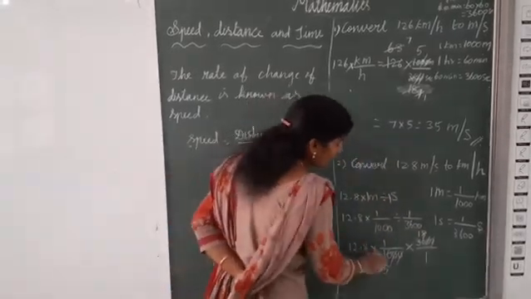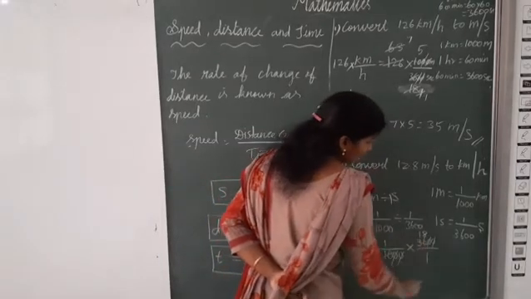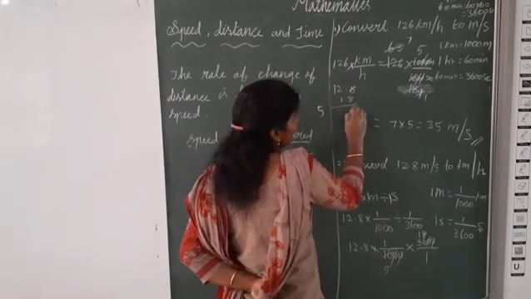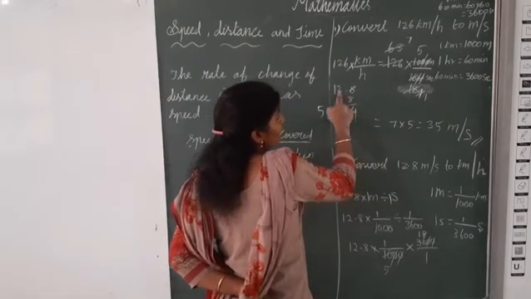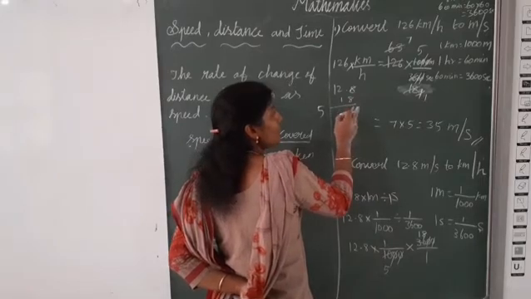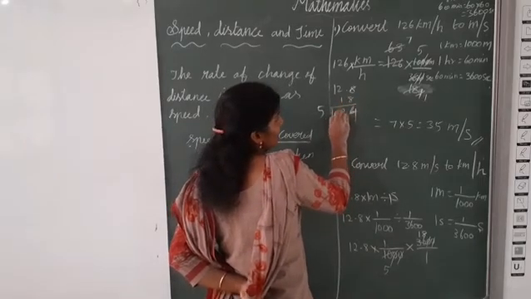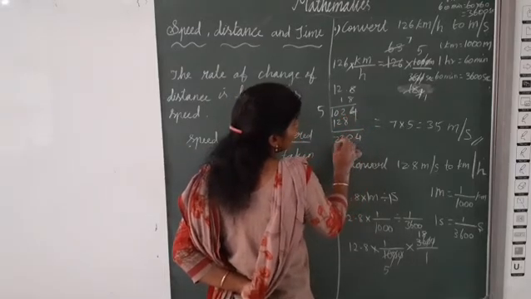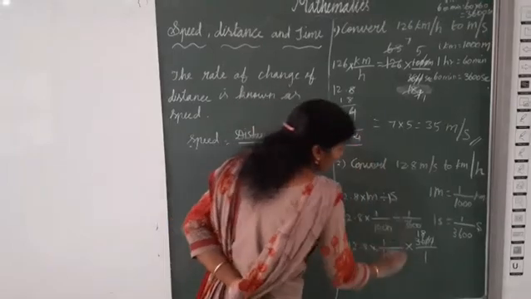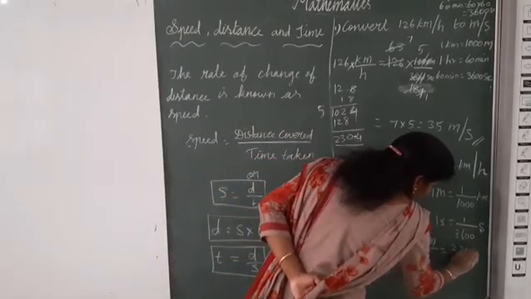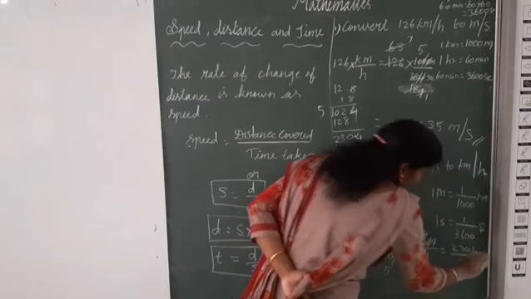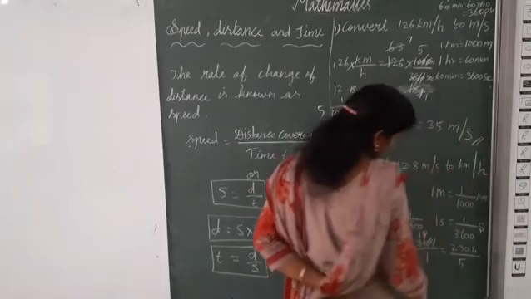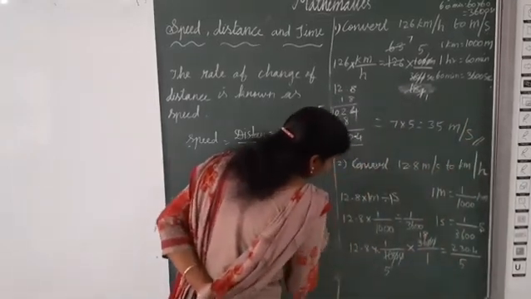Now we can multiply 12.8 into 18. Isn't it? 12.8 into 18. 8 8s are 64. 6 balance. 8 2s are 16. 16 plus 6, 22, 2 balance, 10. 1 8 is 8, 1 2 is 2, 1. 4, 10, 3, 2. 230.4, isn't it? 230.4 divided by 5. Now we can divide 230.4. Yes, we can divide here.